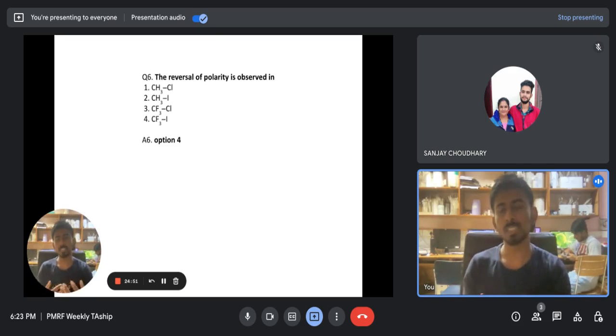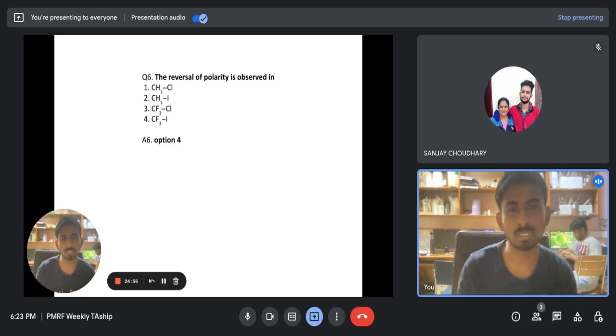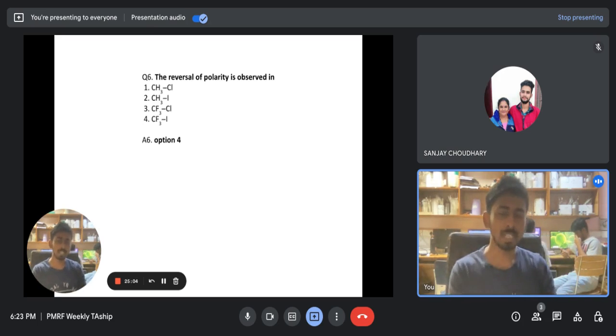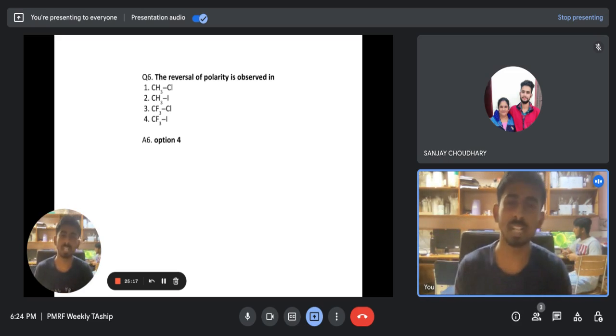So in which case will the polarity be reversed? That is when the carbon-containing moiety acts as the electronegative element and the halogen moiety acts as the electropositive element. Then we can say this is umpolung, or the reversal of polarity. The options are methyl chloride, CH3Cl, methyl iodide, CH3I, trifluoromethyl chloride, CF3Cl, and lastly